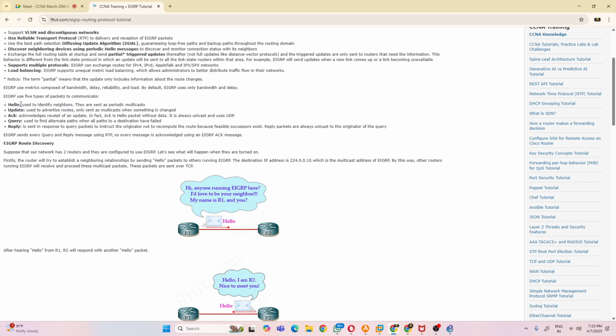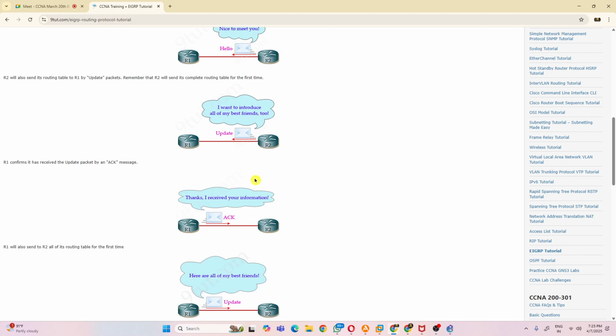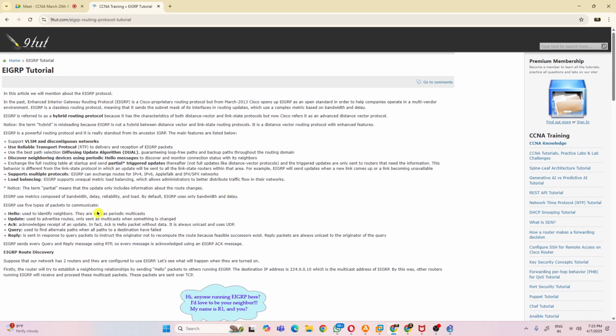Here also we have a hello packet. Same thing. Both routers will exchange the hello packets through a multicast address, 224.0.0.10. In OSPF it is 224.0.0.5. Here it is 10. So the EIGRP routers will exchange the hello packets through 224.0.0.10, and once they discover the neighbors,